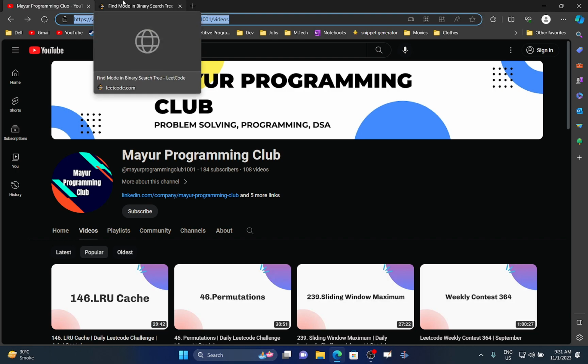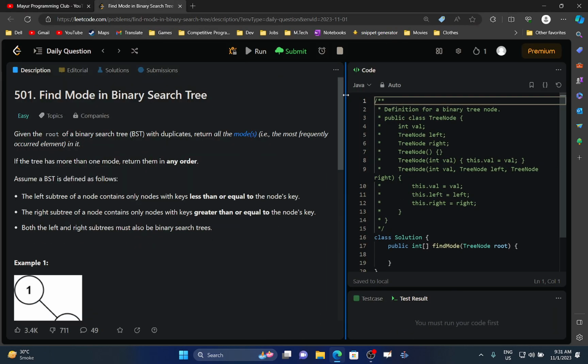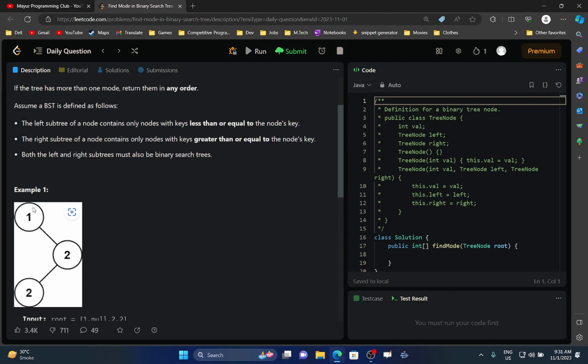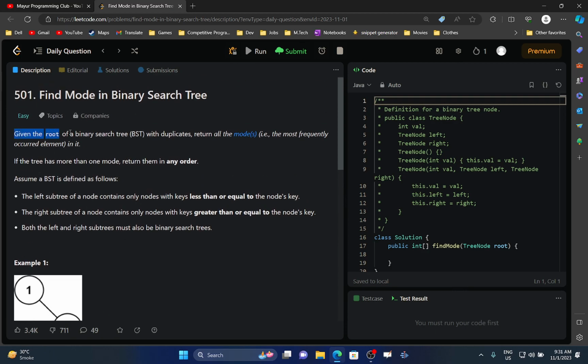Today we will be solving another daily Leetcode problem. The problem's name is find mode in binary search tree. So we have to find the element, or say value, in the binary search tree which is occurring a maximum number of times. So given a root of a binary tree which is consisting of duplicate values,